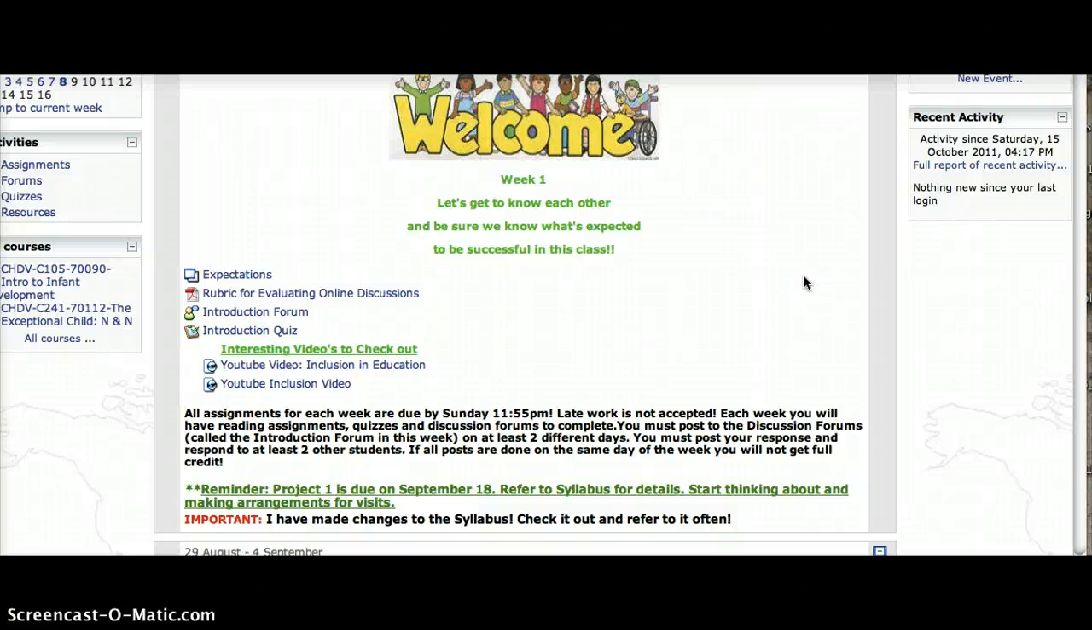Here's an example of an effectively designed learning unit in Moodle. So let's see here. It is the welcome unit for week 1. Let's get to know each other and be sure we know what's expected to be successful in this class. So over here it shows the expectations, rubric for evaluating online discussions, our first online discussion, which is the introduction